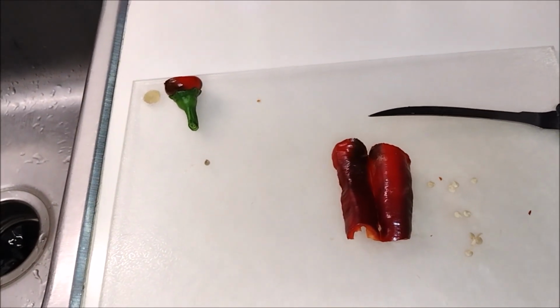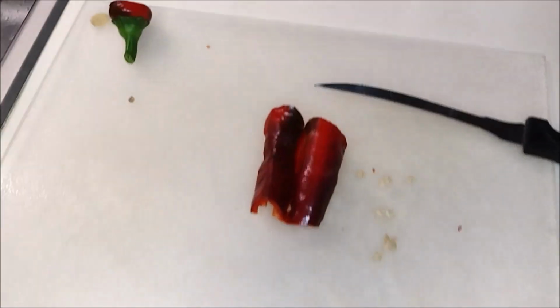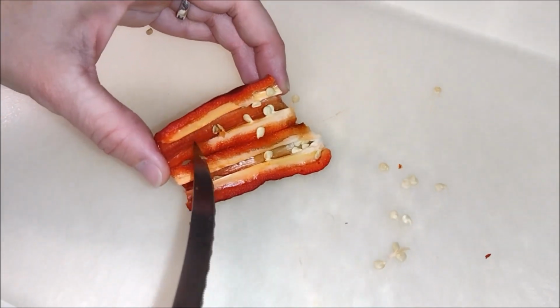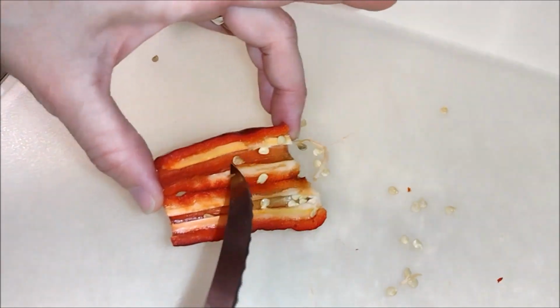But I absolutely love the flavor of this. Hands down, it is my very favorite flavored sweet pepper. It has almost like a fruity taste, similar to cherry, and that really escalates when these turn red. So like I was saying, I would highly advise, if anybody grows this one, to not judge it on the green,